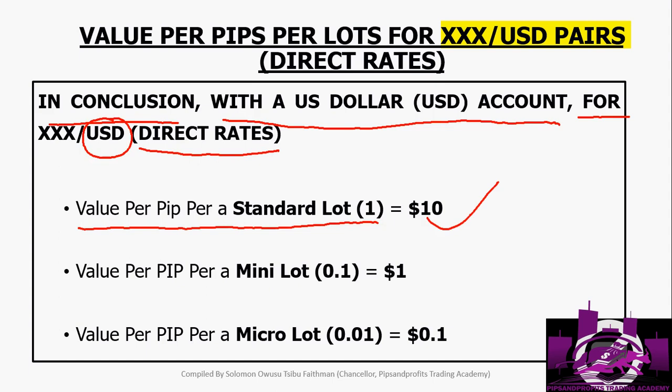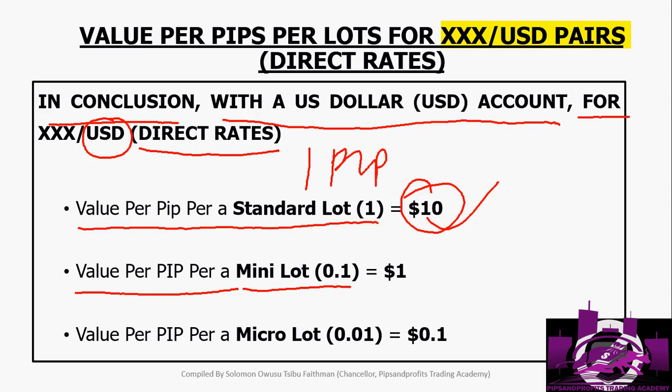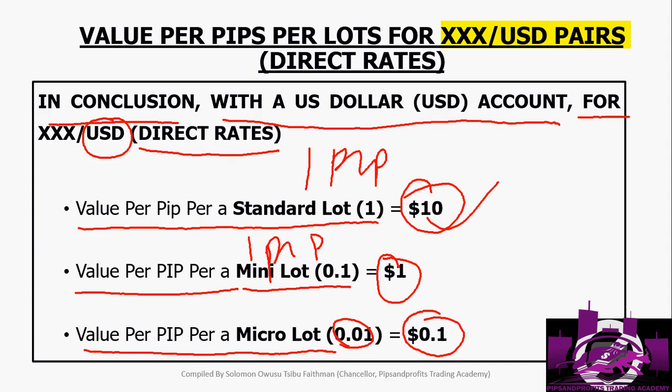It means that your 1 pip is going to give you $10. And then your value per pip for mini lots, 1 pip is going to be $1. And then your value per pip per micro lot, that is 0.01, you are going to have $0.1. Okay, so that is that. You can take a screenshot of this, and that will be